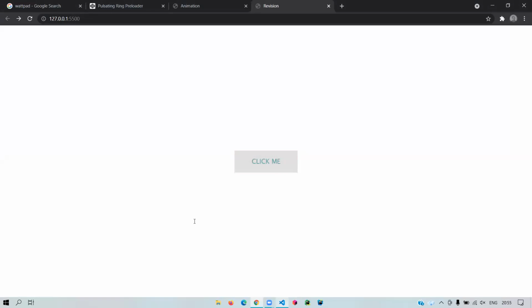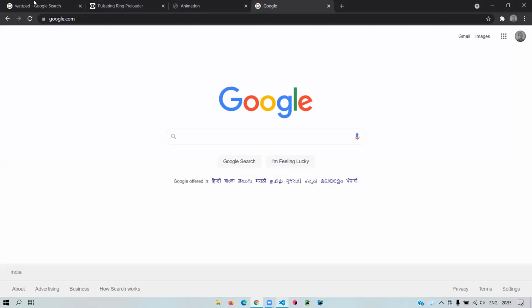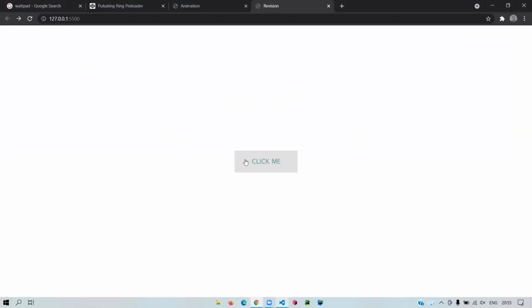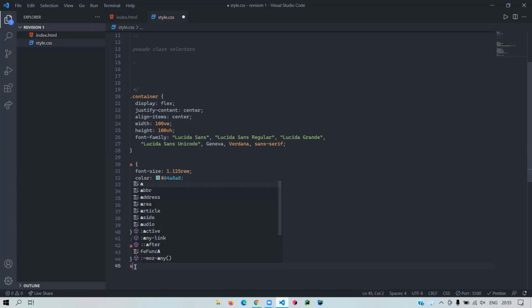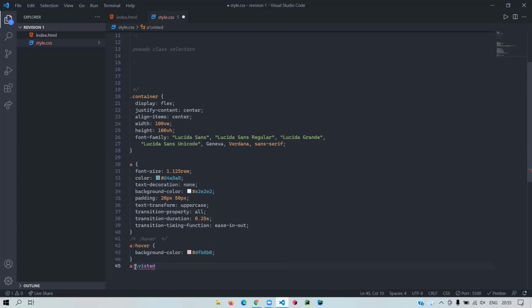Now let's say I click on this and I come over here. Now I come back and let's say I want the background color to change. Let's say this is for a form submission and you just want to create a prompt. Now there's another pseudo selector, which goes by visited.